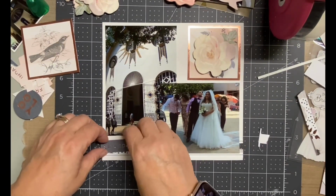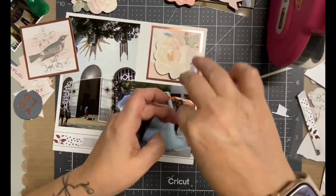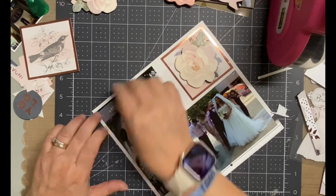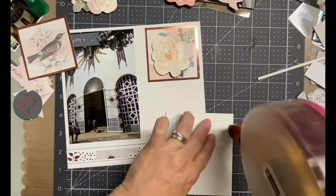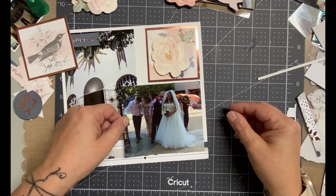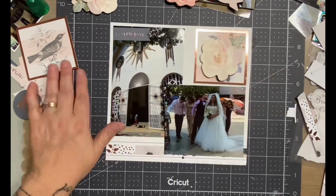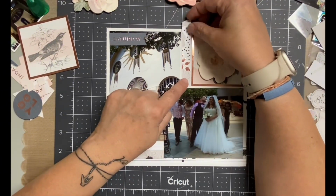So basically what I'm doing is, I had made them a big 12 by 12 album, the year they got married or right after. So I had a lot of scraps, still had the paper pads, a lot of the bling, and a little bit of everything. So I really try to use as much of that stuff as possible. That's the nice thing about a mini album, you are able to use more of those scrap or smaller